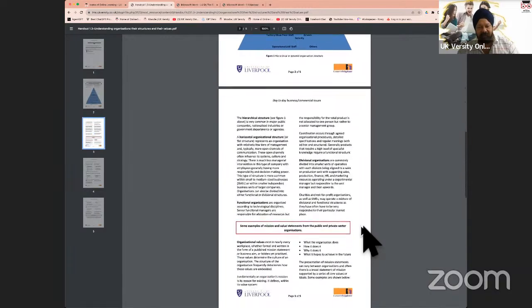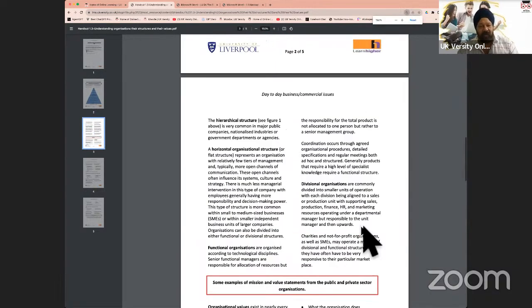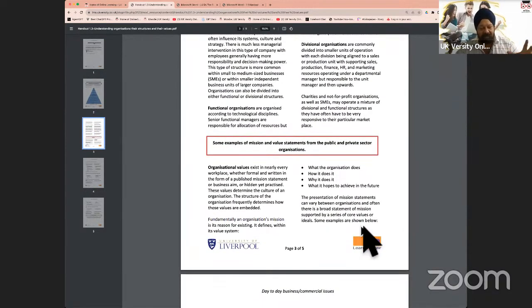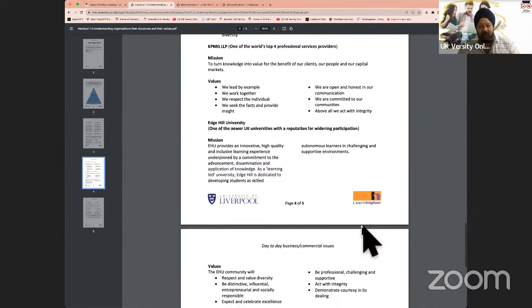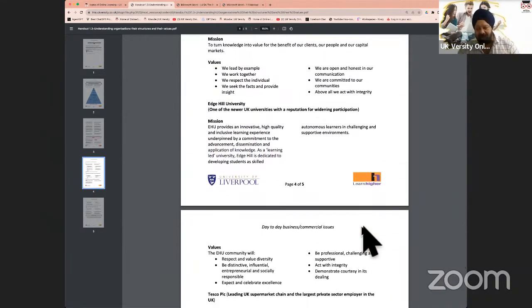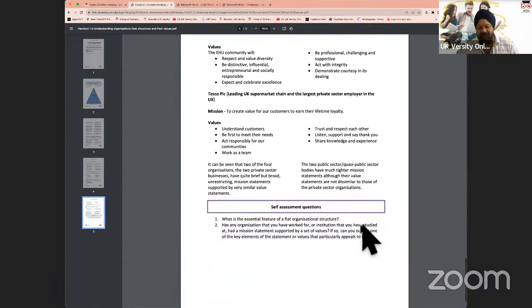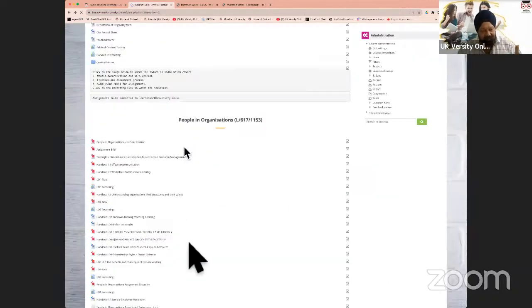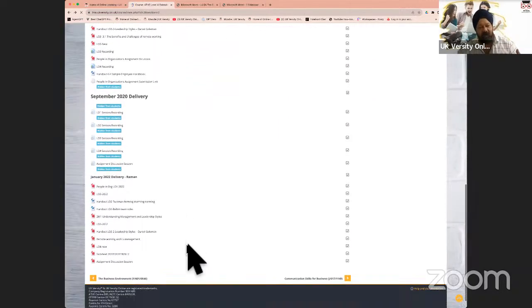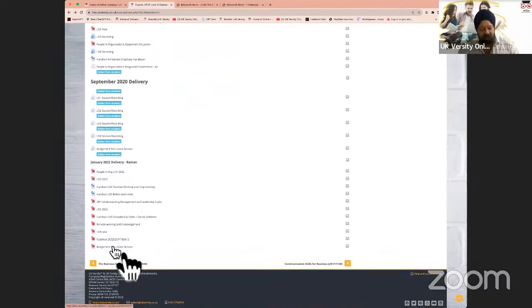We have provided a bit of a handout, and this handout is a summarized version of maybe 20 pages that you would essentially want to understand what the layouts are like: matrix, hierarchical, flat structure, functional structure, divisional structure, and there are examples of it in the handout. So this layout would continue, and towards the end, you would see an assignment discussion session,